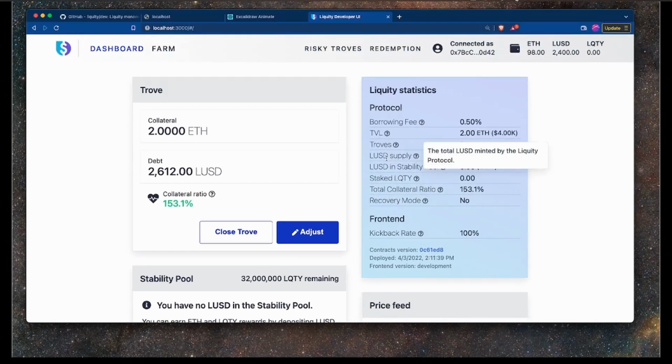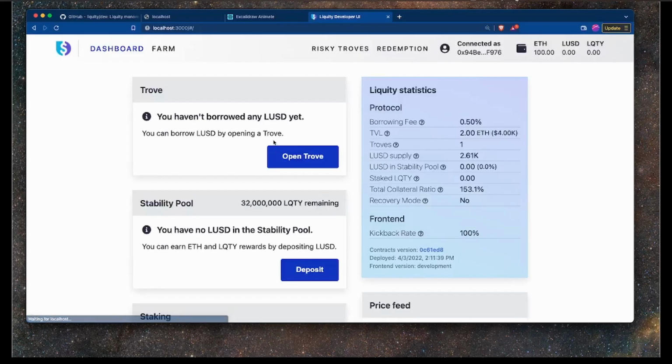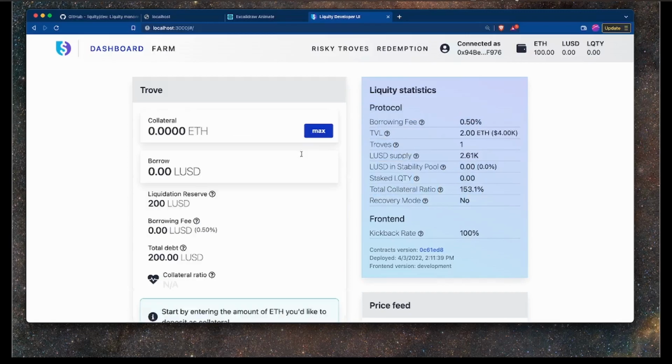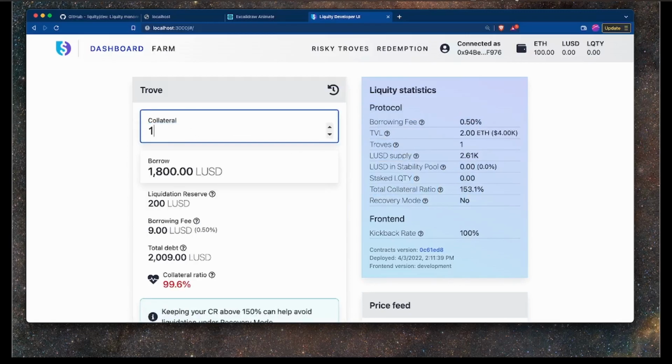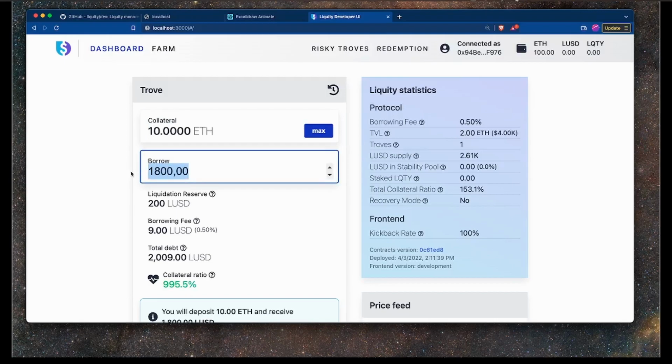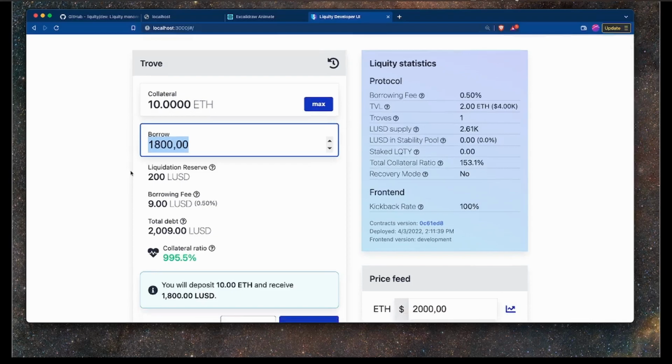So things get more interesting if we create more Troves. So let's go in and refresh. We get another wallet. It's now 100 ETH again, but you can see the protocol statistics remain from the Trove that we just created. So let's go ahead and create a few more Troves. Let's try and create the Trove that I gave in the example, where we wanted to create something that was really low, right down to